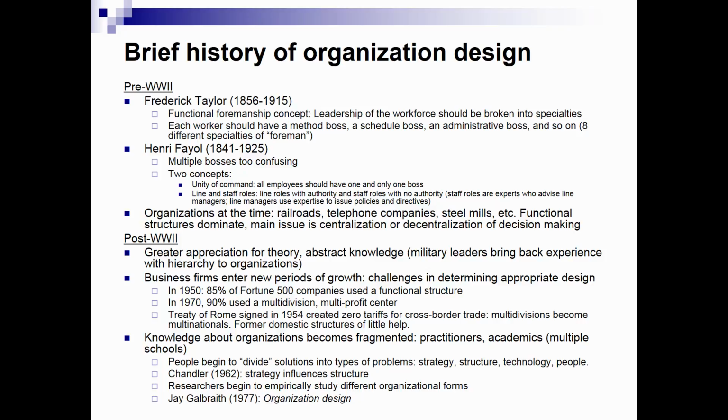So, in the post-World War II era, businesses begin to grow, and many organizations of the time in the 1950s, you can see 85% of Fortune 500 companies used a very common functional structure, and still good and effective for simple organizations. But they begin to diversify. They begin to add more product lines. They begin to create new divisions. And so by the 1970s,